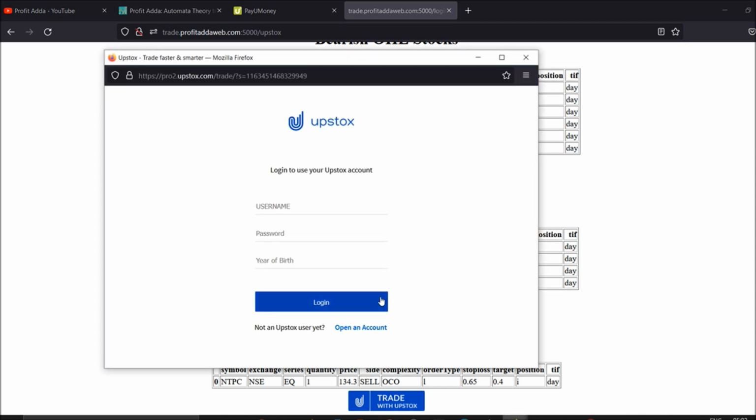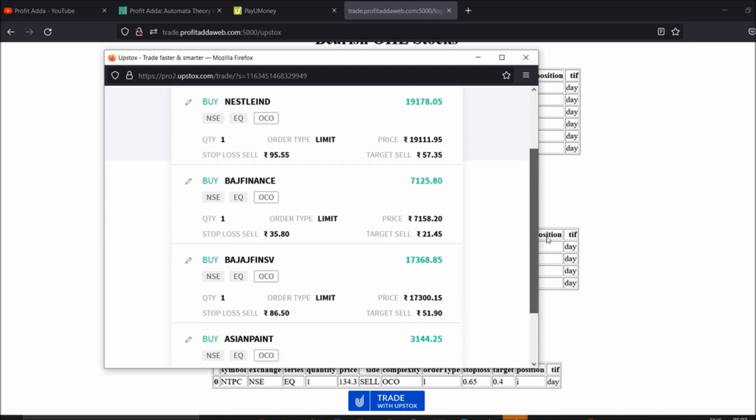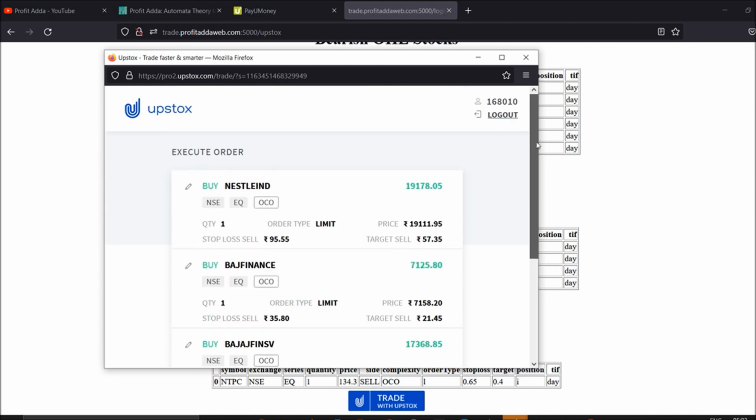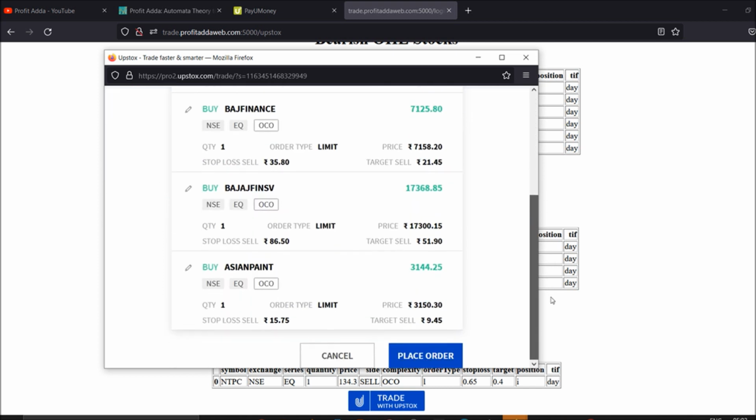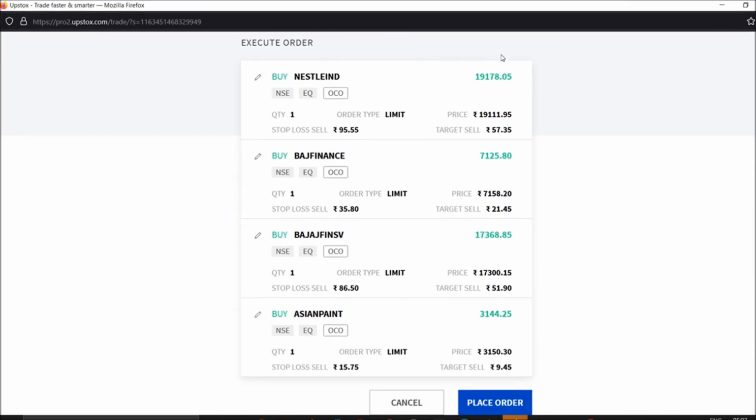Just click these things, just fill the details. I'm going to fill my details and show you. Okay, so I've been logged in. A pop-up will be there, a window where exactly the stocks will be, as you see on the Upstox website. This pre-filled data will be there with the target and stop loss. So this is kind of a bracket order, or we say OCO order, which you can utilize for your trading, or you just have to say place order.